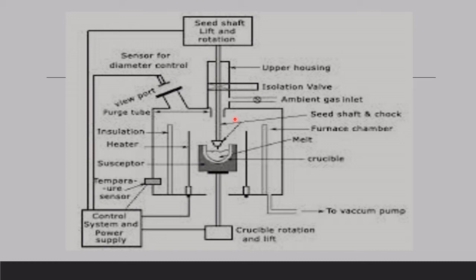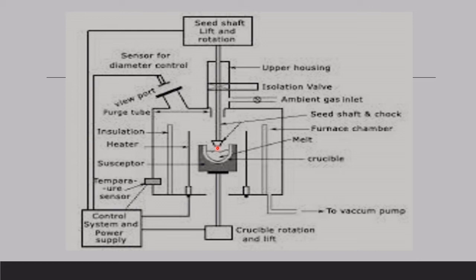Then we have the crystal pulling mechanism. This is the pull rod. This straight line is the pull rod. A pull rod is passed in this portion, and at the end portion of this pull rod, a small seed crystal is fixed in a chuck. The pull rod is pulled up during the crystal growth. And of course we have the ambient control.